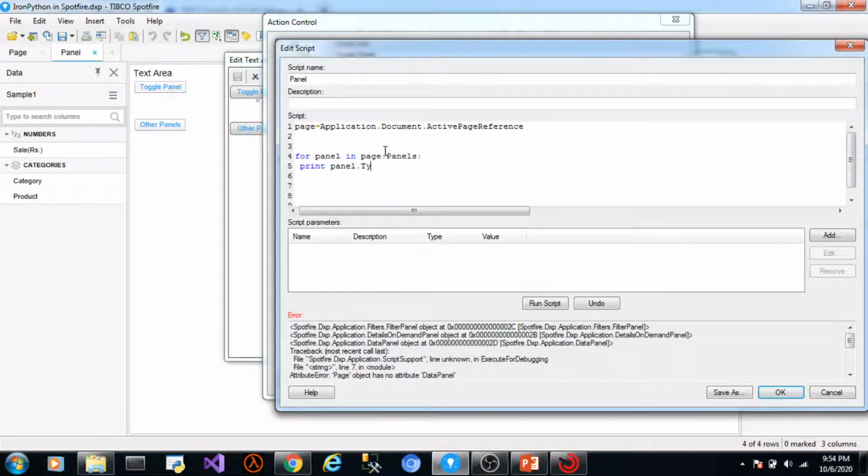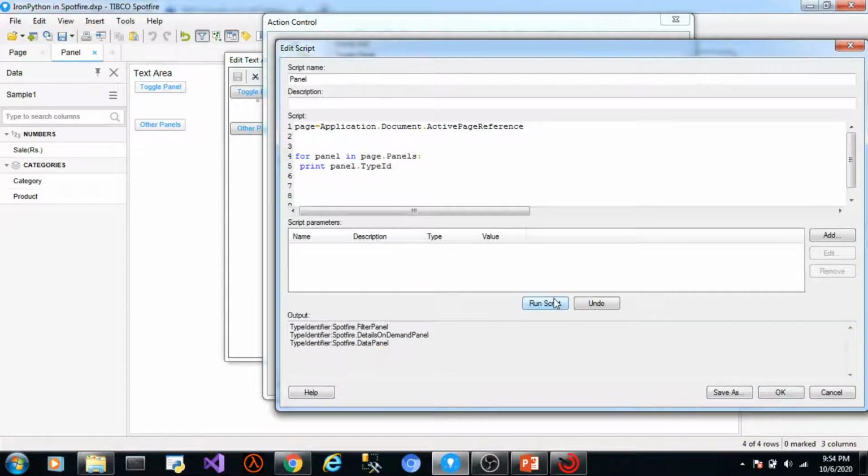Dot type ID. Okay, so it returns type identifier filter panel. So one panel is of type filter panel, another one is of type details on demand panel, and the third one is of type data panel. So suppose you want to access data panel for some reason, you can write like this: for panel in page dot panels,